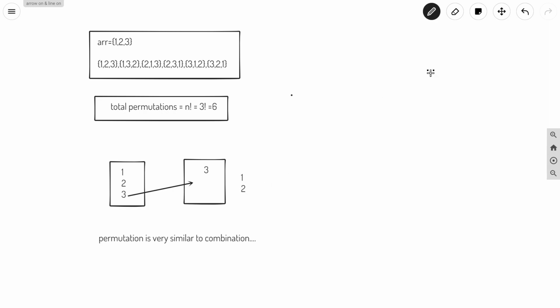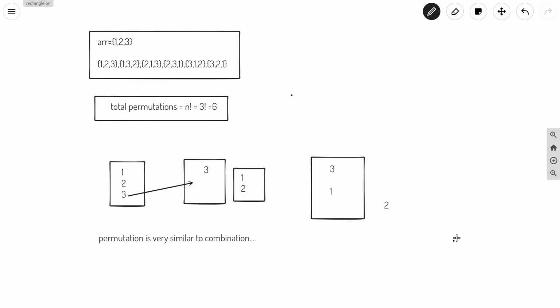We will again make our vector, which is initially containing 3, and we can push back 1 here or 2 here. I will push back 1 here, and after that I am left with only 2.